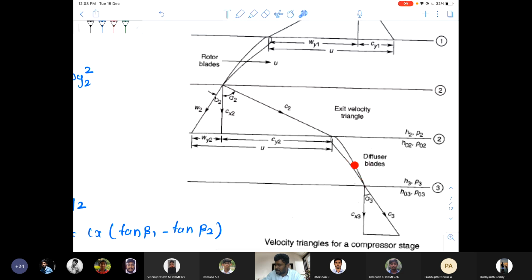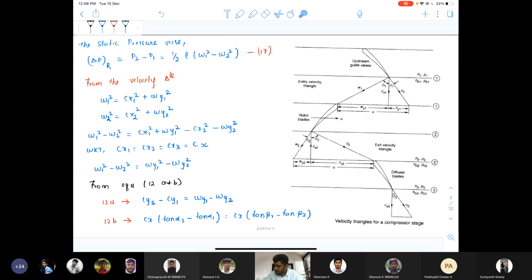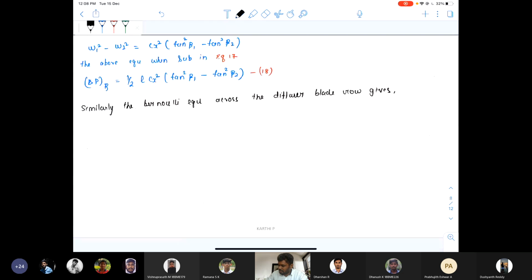Therefore, the static pressure rise across this diffuser blade will follow the same procedure as we have derived for this rotor blade. Therefore, from this, the value of delta